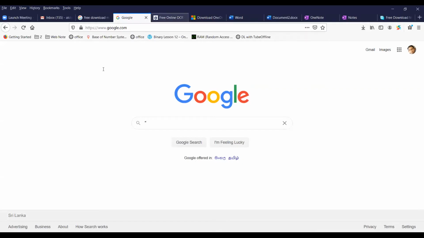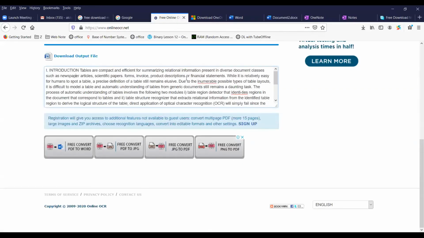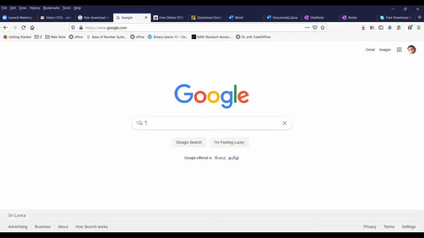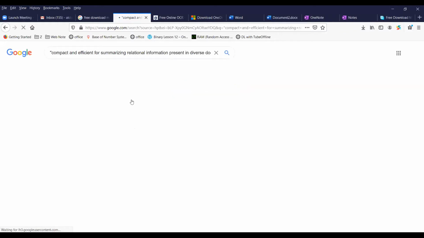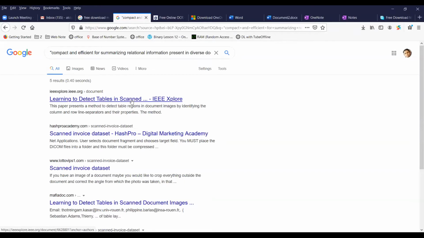For example, I'm going to select something. This is a part from a research paper. Copy that, and I'm going to paste that within inverted commas here. Search. You can see the page is given.